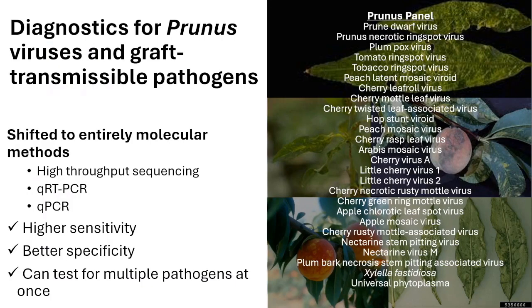Sorry, this list is kind of hard to read. I tried to make it pretty, but it made it hard to read. So the, let's see, tomato ringspot and tobacco ringspot virus, Arabis mosaic virus, those are all in the